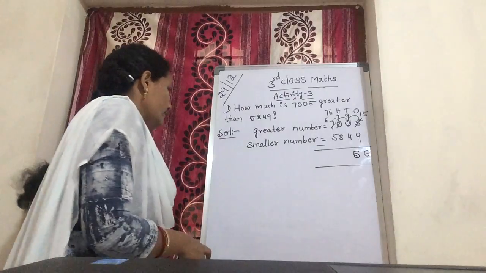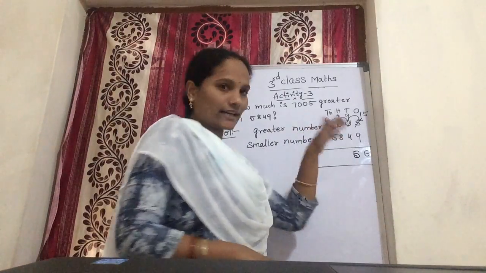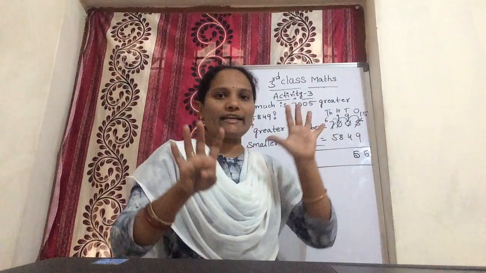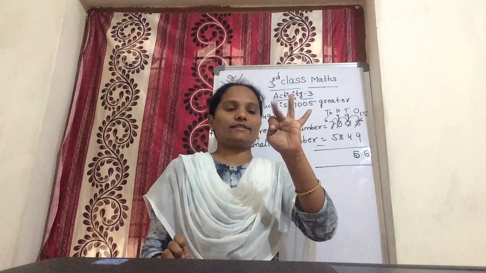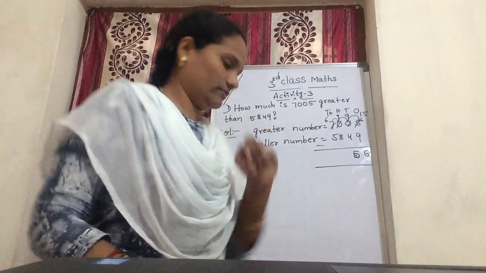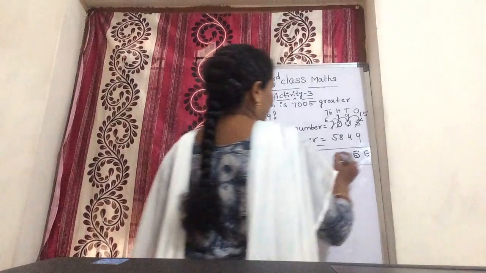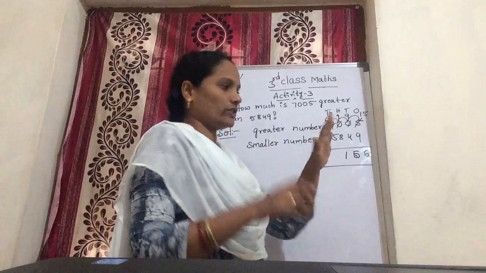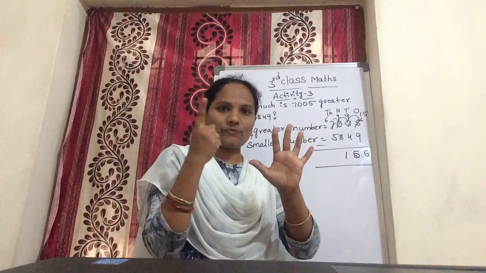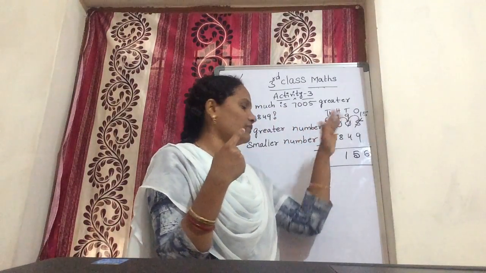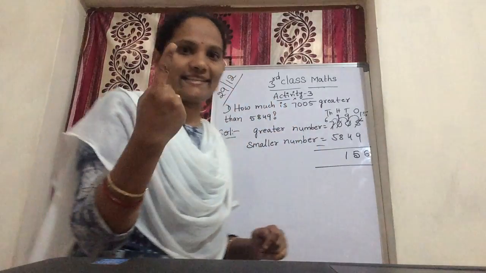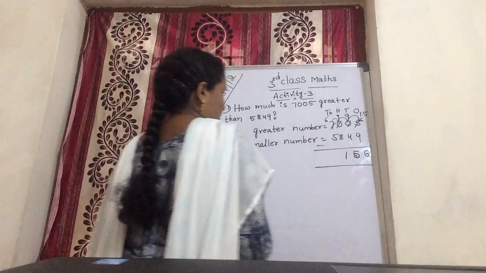Now next 9 minus 8. Again you are taking 9 fingers. You are removing how much, Amma? 8. 1, 2, 3, 4, 5, 6, 7 and 8. You get only 1. That is right in hundreds. Now next 6 minus 5. You are taking 6 fingers. You are removing 5. 1, 2, 3, 4, 5. Only still 1 is there. That is right in thousands 1.